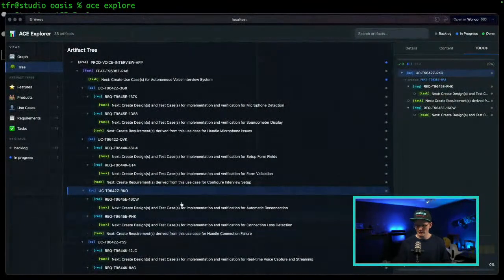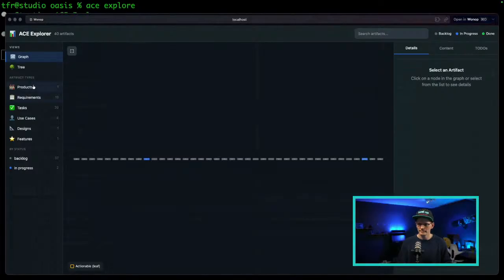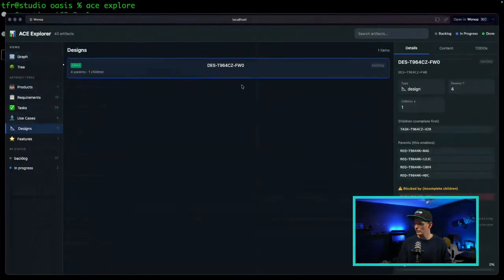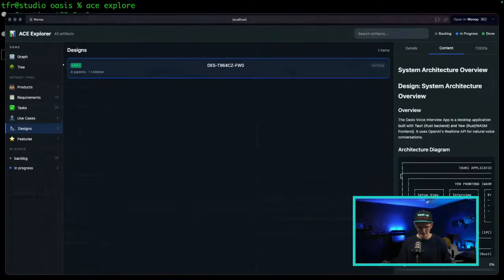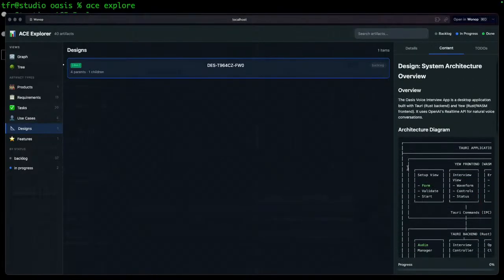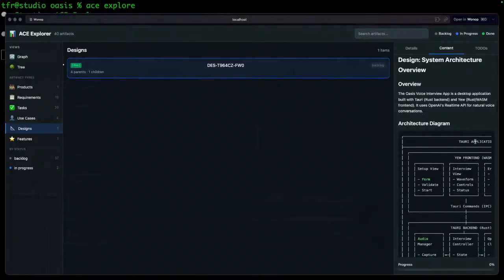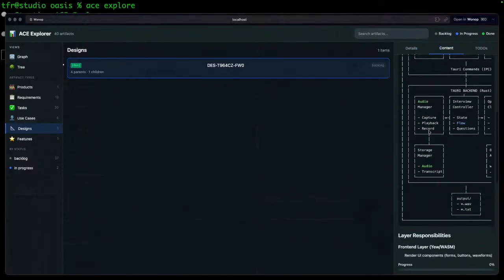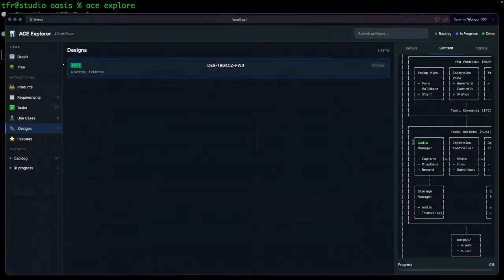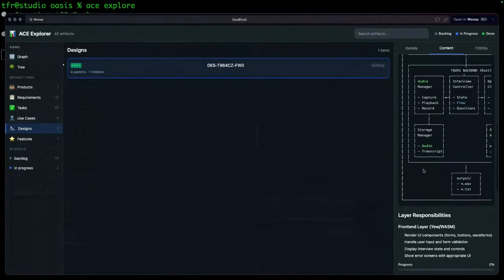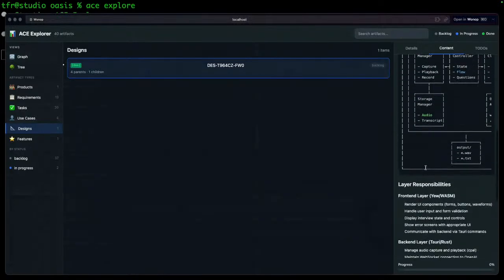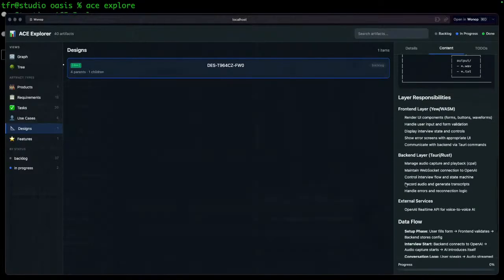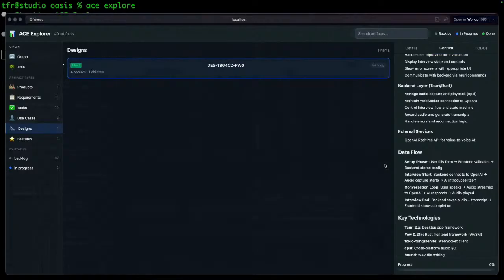I think it has done one now. So we can click that one. Again, the UI here needs to be improved a bit, but you see it writes out the architectural design with Tauri application as front end. Oh, I really wish that it made a grabber here so we could make that bigger. But then it writes out how these two are communicating with each other through an IPC interface, and what the layers' responsibilities are and all of that. Which means that it's super clear who's going to handle what.